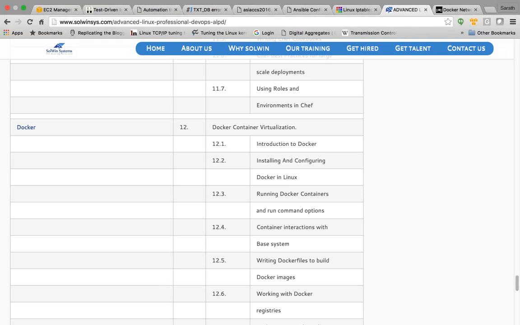Again, Docker is a relatively new technology. It's called containers. Docker is a really hot topic currently in the market. So if you know Docker, I am going to tell you that you can grab a job, if you're currently jobless, in the next 5 to 10 days itself. That is what Docker is all about. Docker is creating a huge wave in the IT industry.